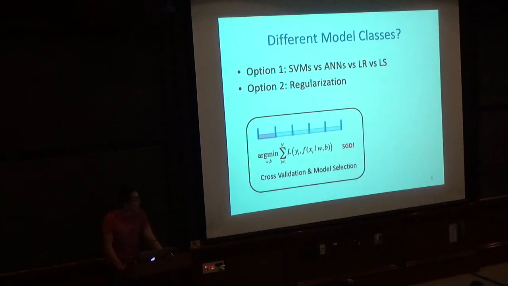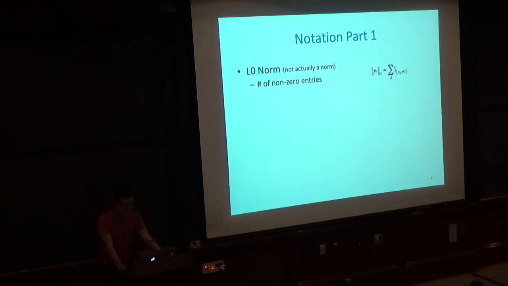The second option, which is the focus of this lecture, is that we're going to do model selection through the perspective of regularization. So first, a little bit of notation. When we do regularization in this class, the bulk of it will revolve around the concept of norms. These days, in modern machine learning, there are a number of other forms of regularization that people do, but for this lecture, let's just keep it at the classical notions.